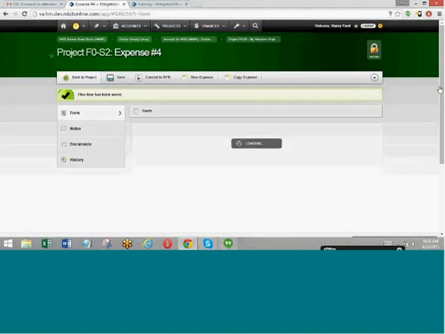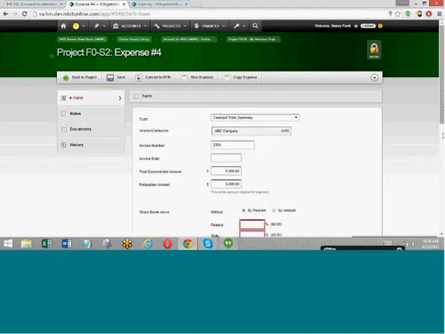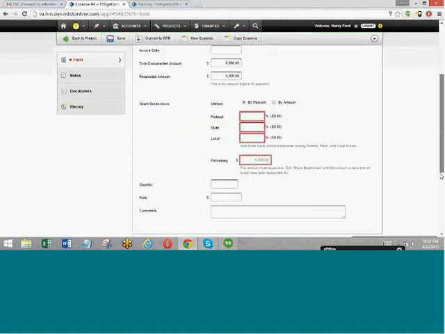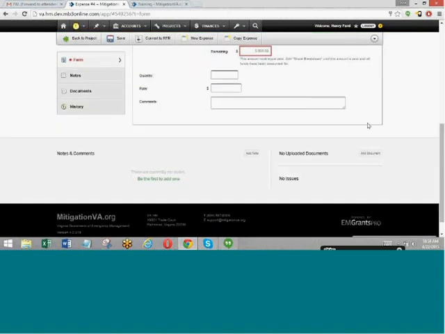Like I said, you can now scan supporting documentation. At the expense level, you can scroll down to the footer section, like I just showed you on the project, and add the supporting documentation directly to this expense, and then it will be retained in the system. Maybe 6 months or a year down the line, whenever you're ready to submit these expenses as reimbursement requests to the state, you can just quickly select those expenses and combine them into a reimbursement request. It takes about 2 clicks to do so, and then submit it to the state for reimbursement.